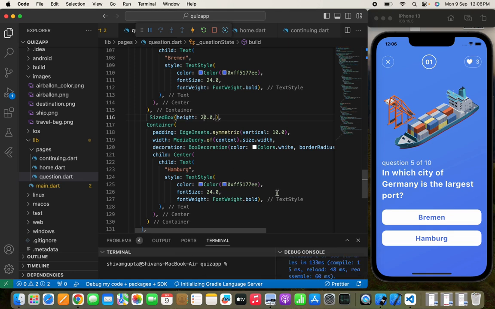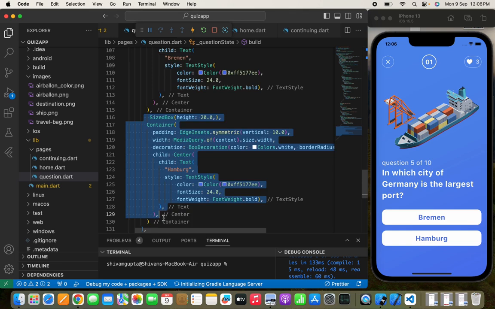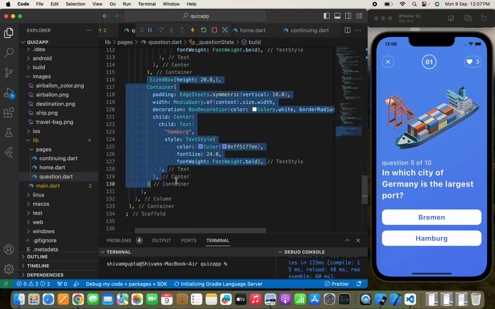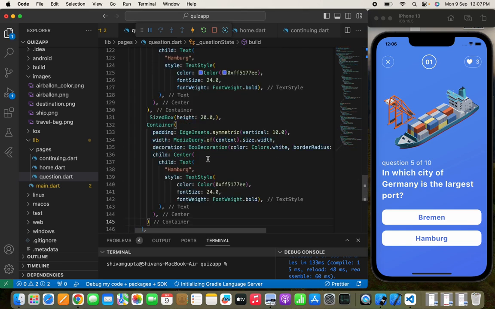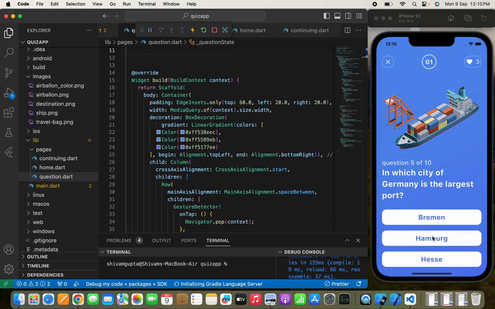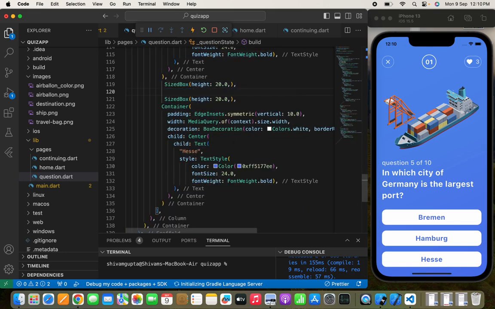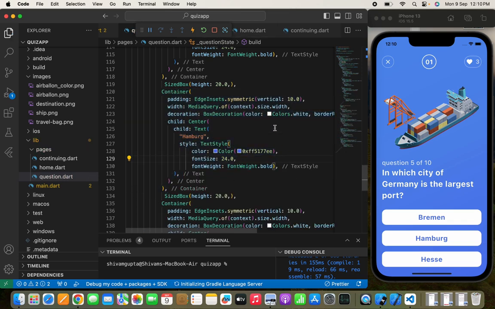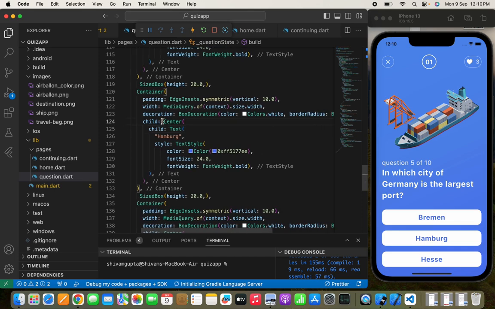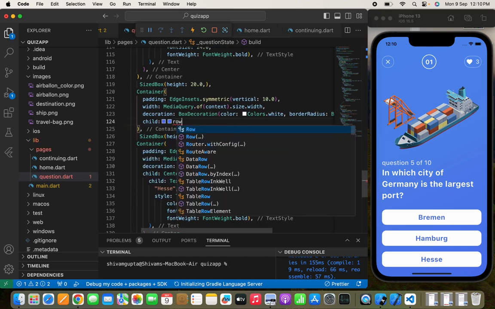Now after this, our third option will be, so now let's copy this size box and the container again, and we'll provide our third text. Now our correct answer is Hamburg for this one. So to indicate the correct answer, I will simply do one thing. Now I will remove this container. Let's remove this center widget, and we'll simply write a